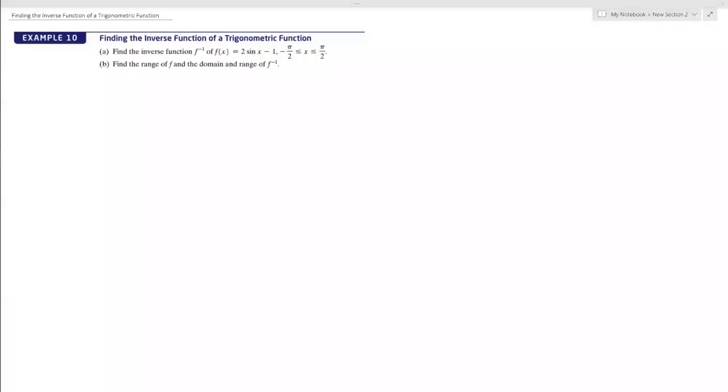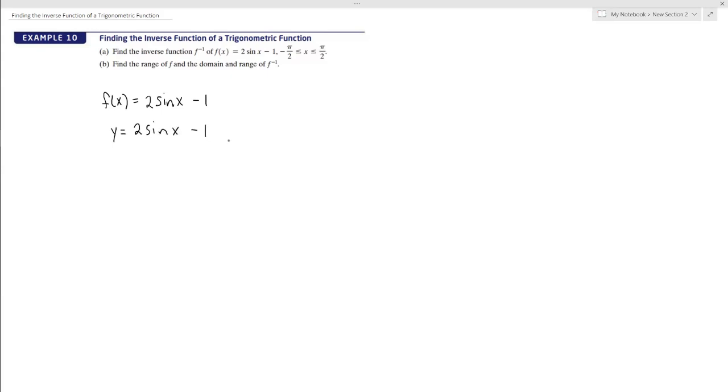Okay, class, we're going to take a look at how to find an inverse function for some trigonometric function. In this case, it's going to be f of x is equal to 2 times the sine of x minus 1. So first of all, when we find inverses, remember we exchange x's and y's. So we have to think of f of x as y. So I'm just going to rewrite this as y equals 2 sine x